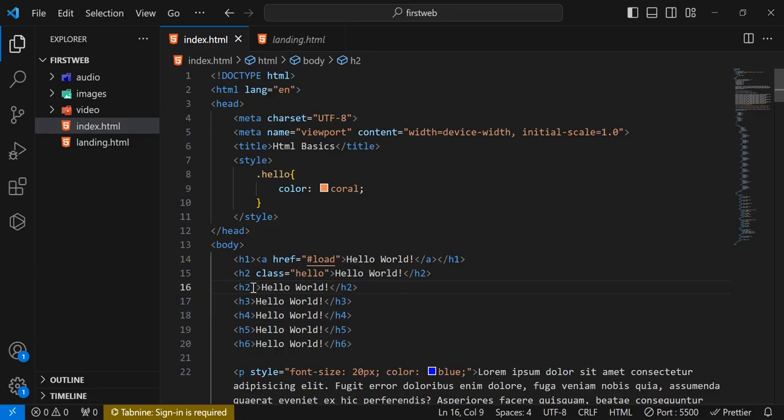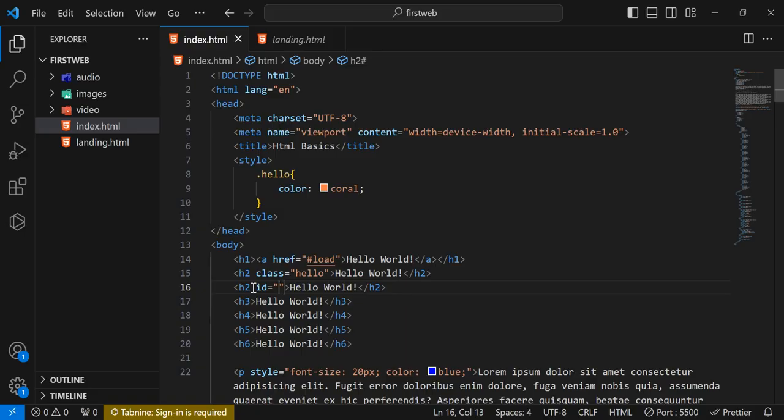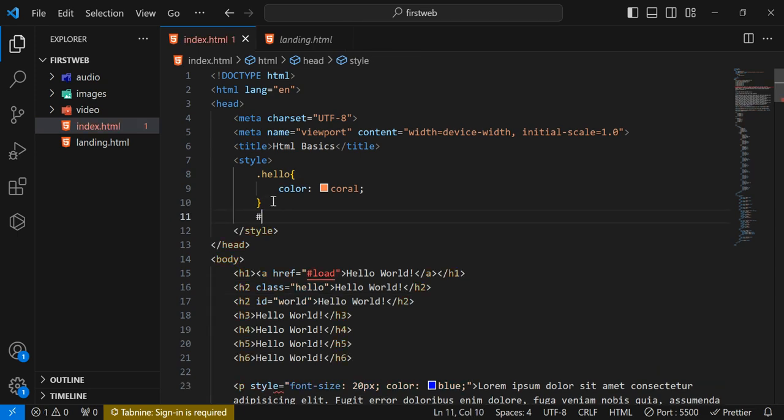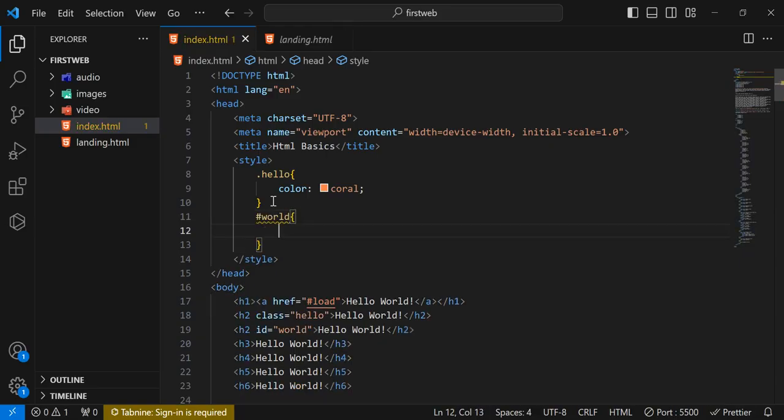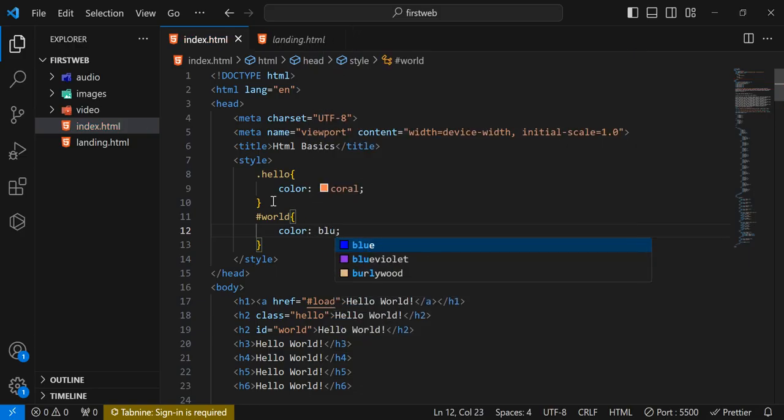So here we give this an id. Let's say we want to give this an id of world, like this. If it's an id that you want to style, all you need to do is come here and say hash. Remember I told you that whenever you are calling out an id, you start with a hash, followed by the id name. So here you just say hash world, like this,